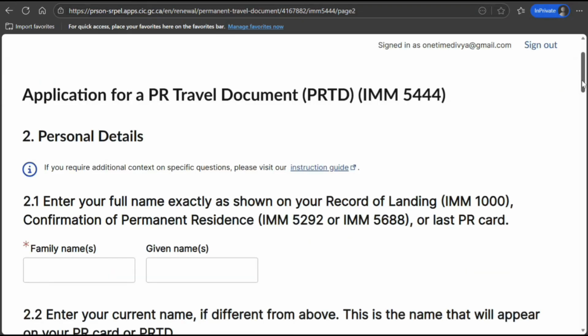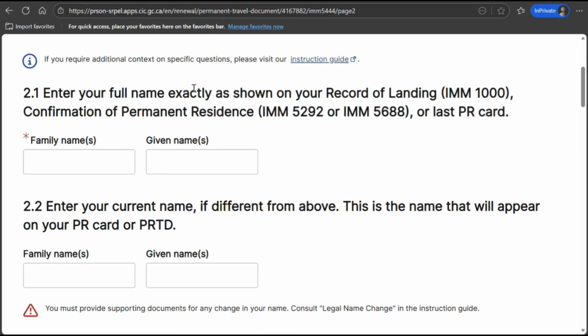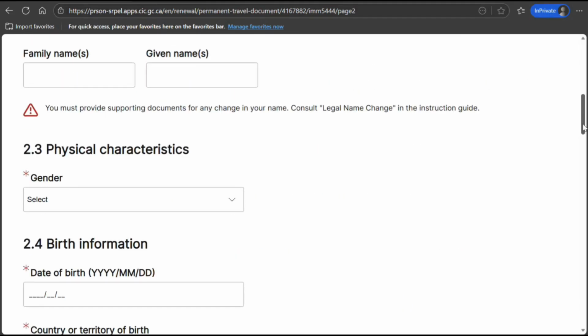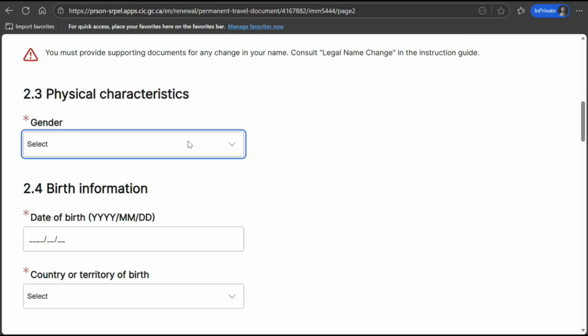Personal details. Enter your name exactly as shown on your landing record, confirmation, or last PR card. Do it at your own pace. Enter your current name if different from above, but if it is the same, nothing needs to be done. Physical characteristics, gender, date of birth.